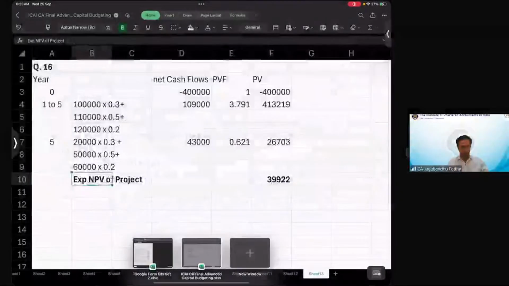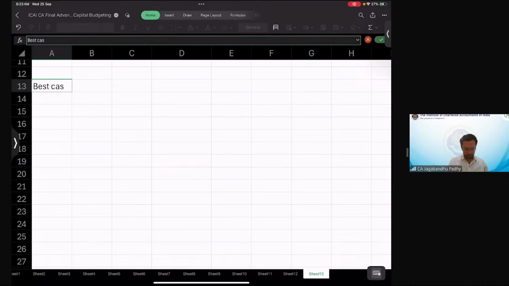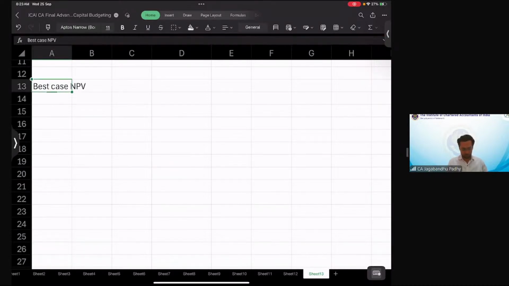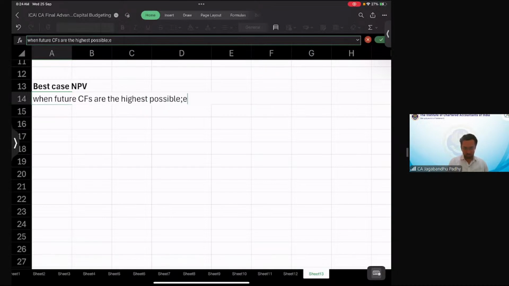So best case is when future cash flows are the highest possible cash flows